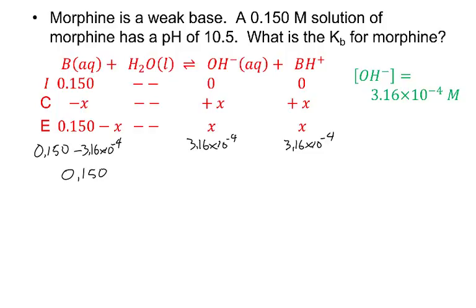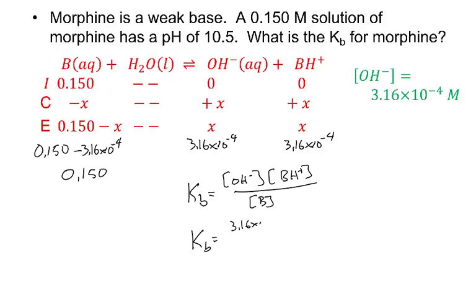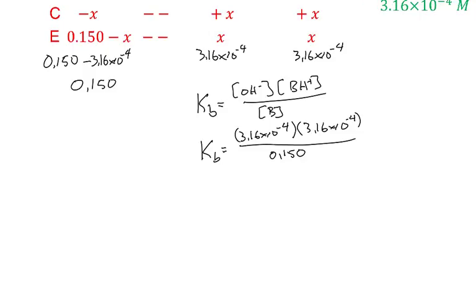So now that I have all the equilibrium concentrations, I can plug that into the Kb expression. So I know Kb, and I can plug in my values. And when I plug those in my calculator, I get a value of Kb